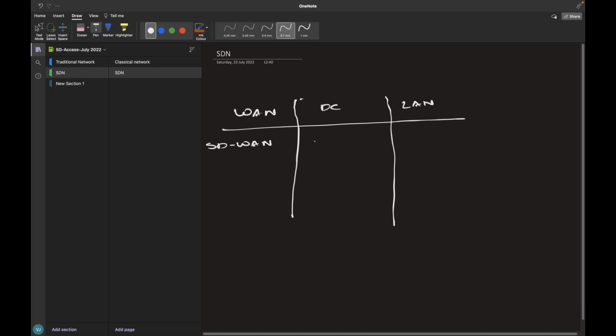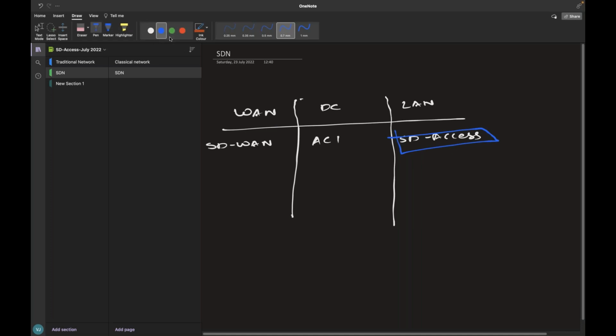And in data center, the software-defined technology, which is Cisco-specific terminology, is called ACI. And in LAN, it's called SD-Access. So we are focusing on this particular technology.